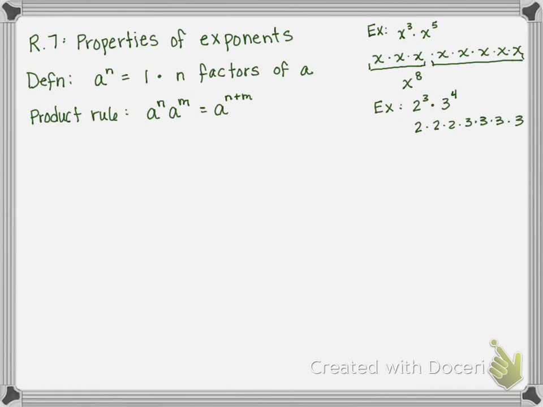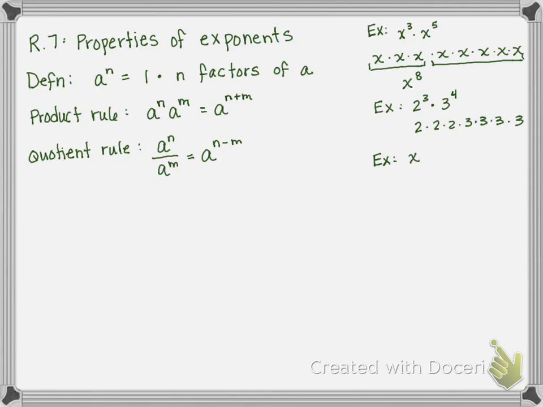And the same goes for the quotient rule, which says if I divide two exponential expressions with the same base, well, then I'm just reducing the number of factors, right? If I cancel m factors of a, then I'm reducing the number of factors of a by m. So for example,